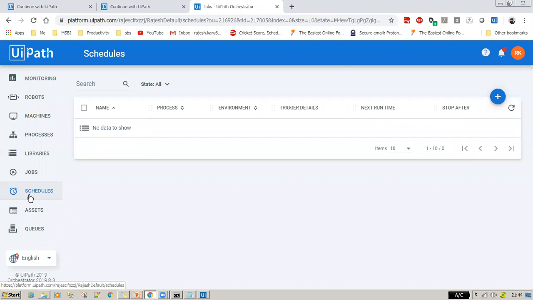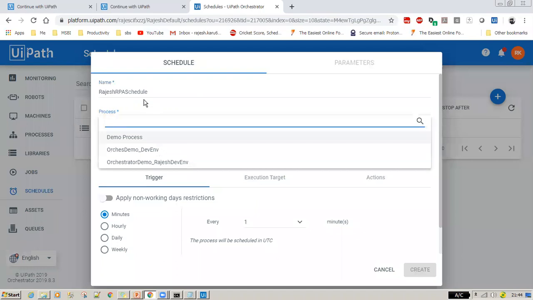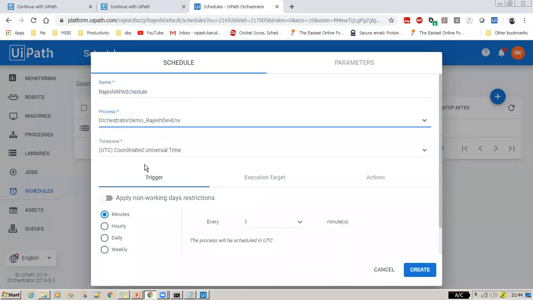Let's see how we can define those schedules. I'm clicking the plus symbol here. Rajesh RPA schedule. Just give the name of the schedule, and here you define your process. This is your process.